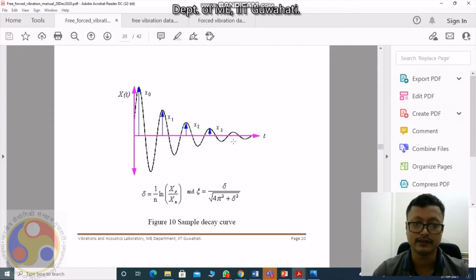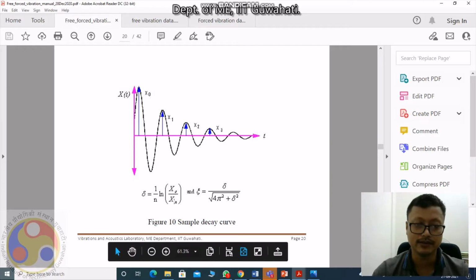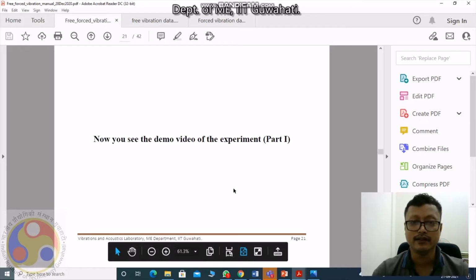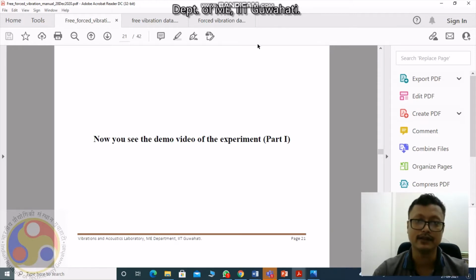Like that, you get them according to the signal you obtain and the number of cycles you consider. Say the graph goes up to x3, or you can take up to x4; then that x4 value you put here as xn, and x naught is the first amplitude value you put here. That way you get delta. After getting delta, you get the epsilon value from here. Now I'm going to show you in the video how to actually perform it.